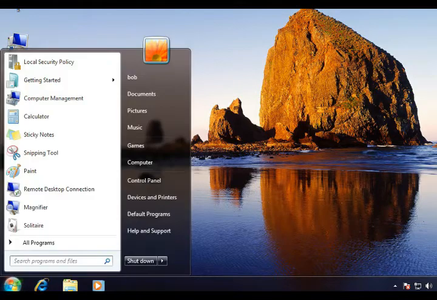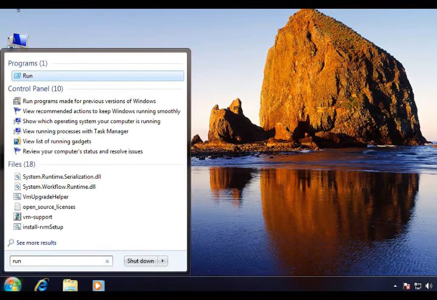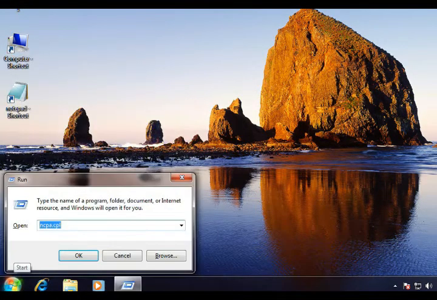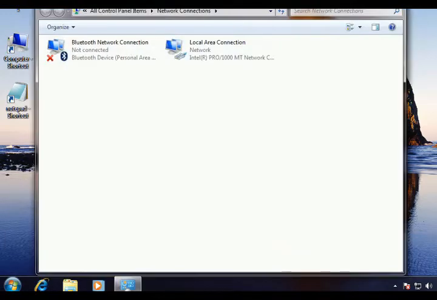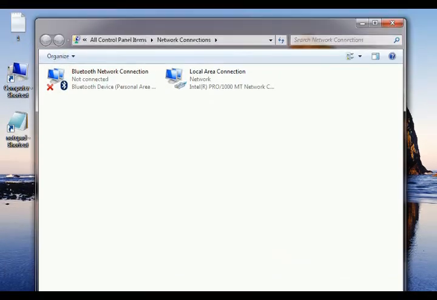Click the start button, type run, and hit enter. Inside this run box, type ncpa.cpl, then hit enter. Now we can see two icons. In this one, the local area network, this icon